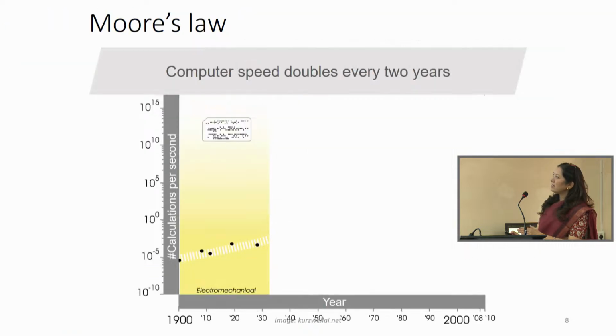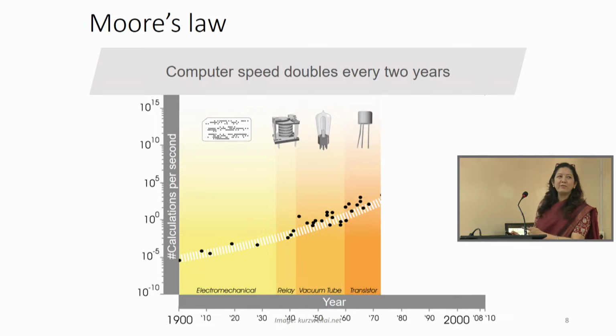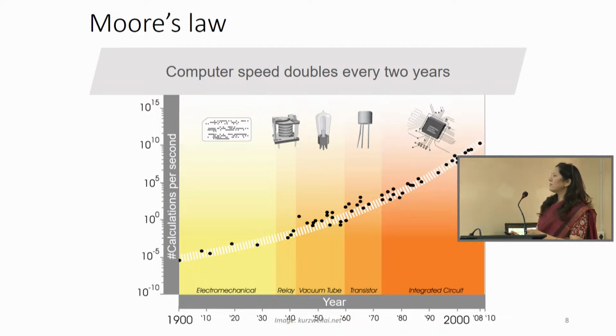So initially it was an electromechanical device which used to work as a transistor. Then we had the relay. If you notice the size and the year, you can see how we evolved and how we have scaled down the devices. Then we came to the transistor, which we also see these days in the labs you work with, and then came the microchip. You see the microchip came around '75 here, right? That's when he revised his paper, and from then onwards it held true.